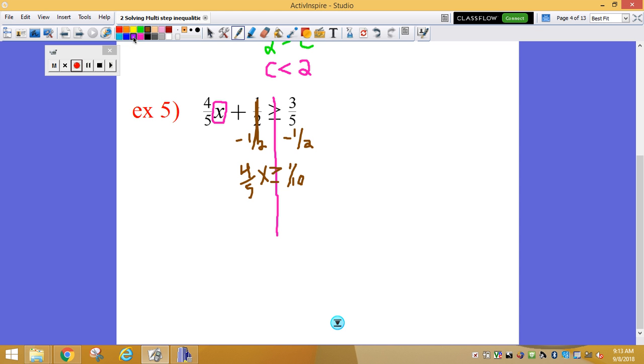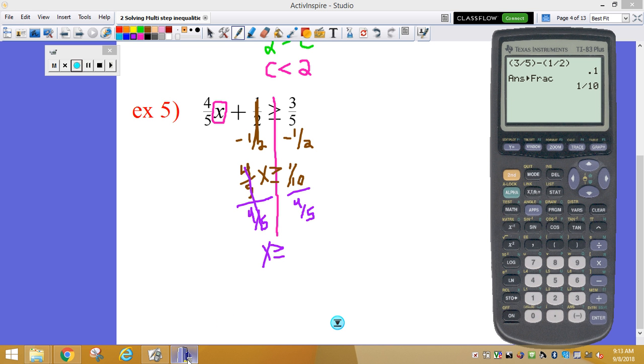All right, now, 4/5 and x are multiplying, and the opposite of multiplying is division. So I'm going to divide by 4/5 on both sides. So these go away. I divided by a positive, so I'm not going to flip that inequality. So let's practice typing this in. Again, fractions go in parentheses, so I'm going to do 1/10 divided by